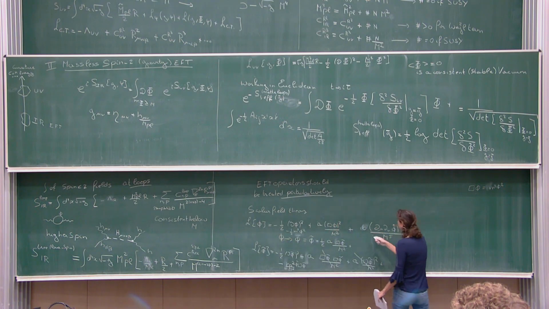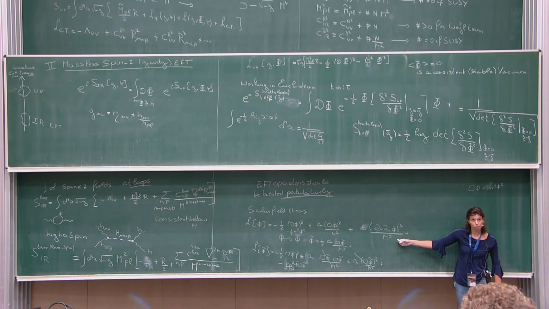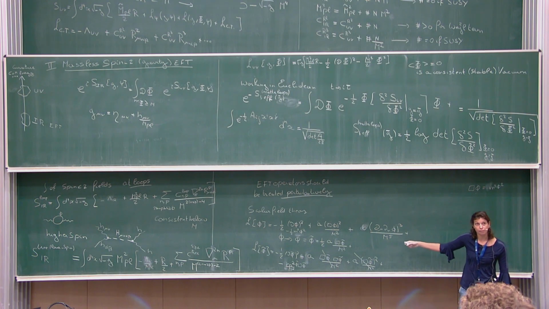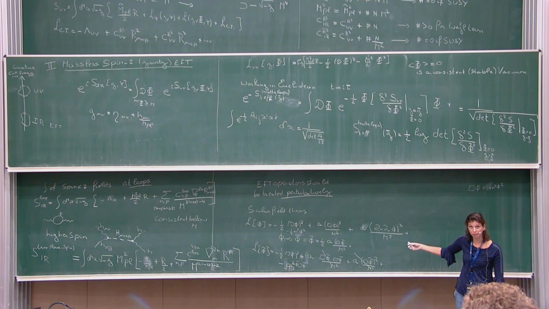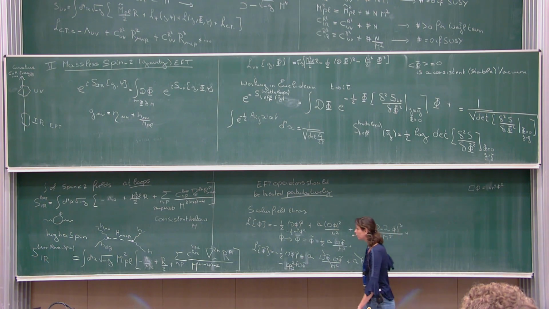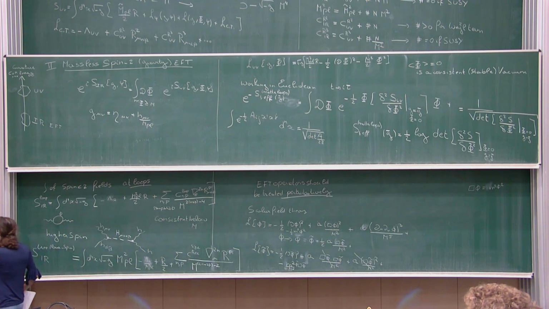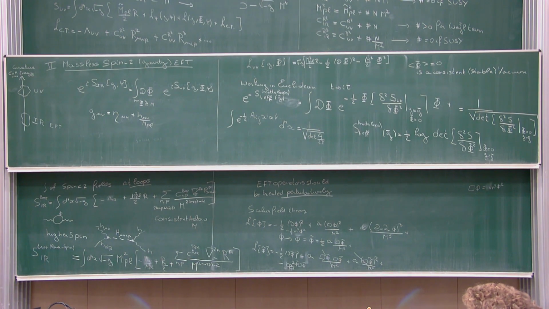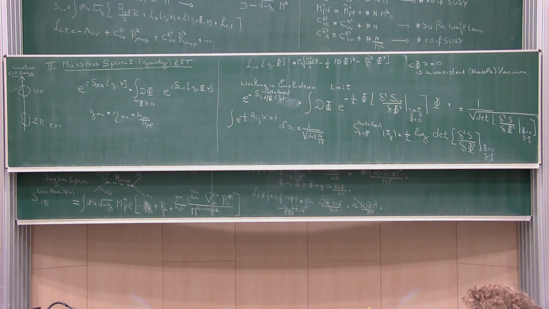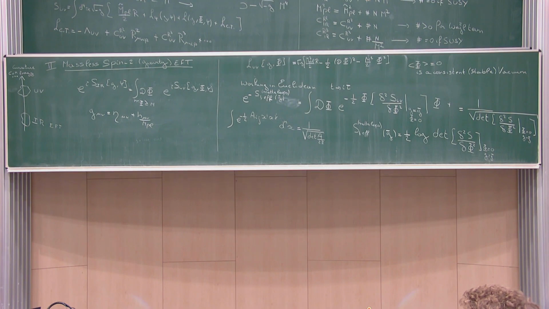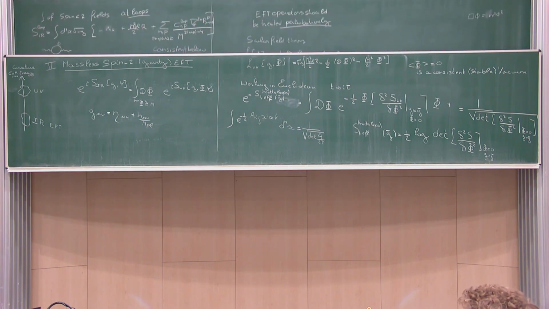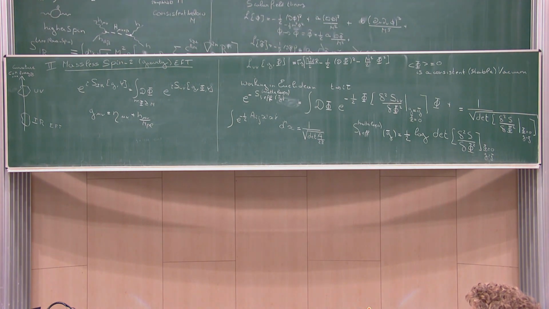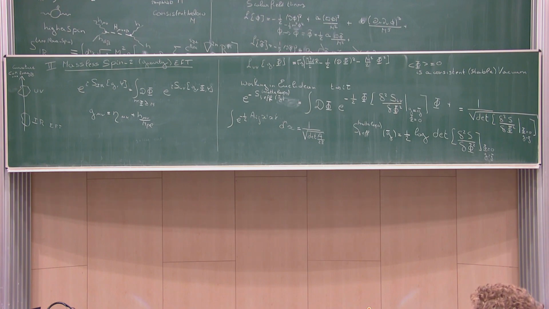Here, I cannot remove it exactly by a field redefinition, so this will remain a generally higher derivative operator term, but the aim of the game is to make sure that it's no more than second order in time derivative. And you can allow yourself higher space derivatives. And that I can always do at the price of performing a field redefinition which is not Lorentz invariant. So I'm going to manifestly split my space and my time, but that's okay. I'm going to commit to a slicing in time. And then I can write this EFT in a way which is manifestly second order in derivative at the level of time. And so it has no